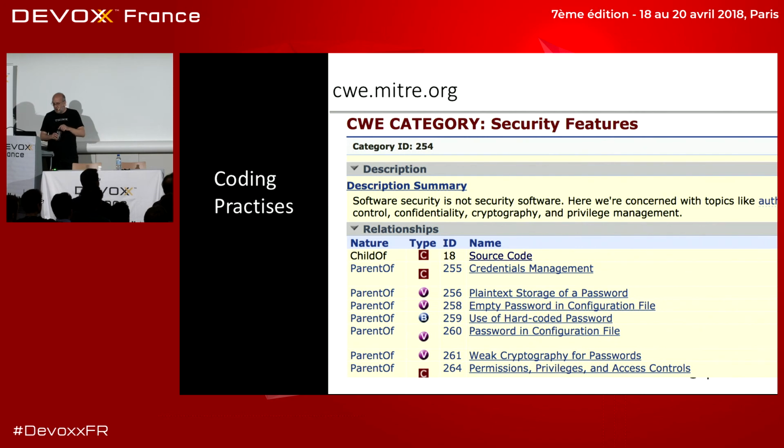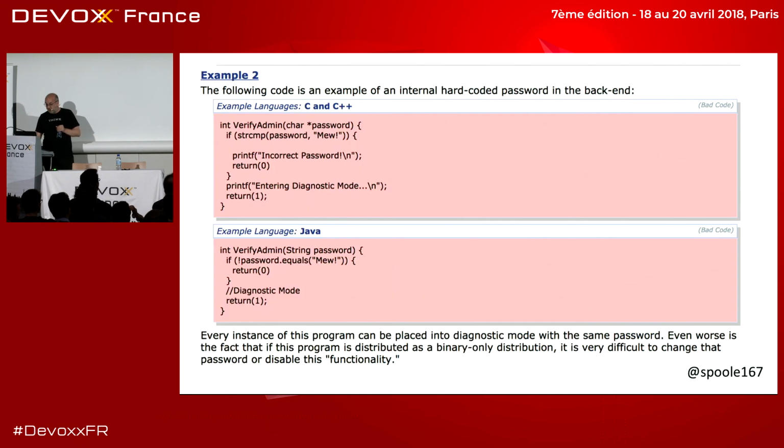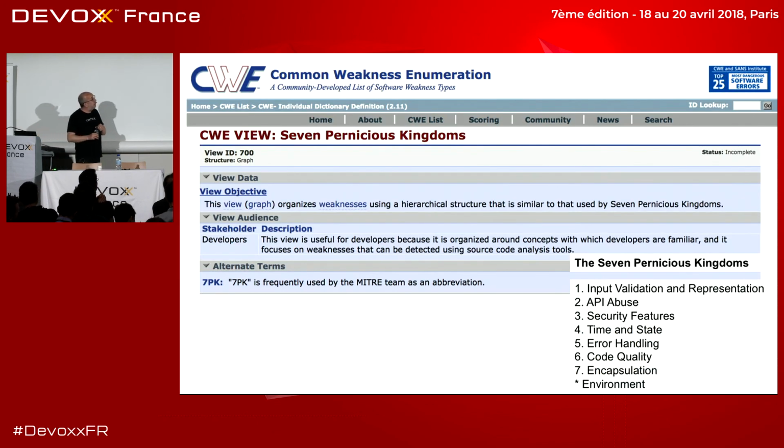Well, you can improve your coding practices. You can go read, and most of this is about reading. CWE have a whole bunch of things that you can learn, patterns and anti-patterns of how to do it and how not to do it. Some are a bit trivial, but worth stating, like don't hard code passwords. Okay. They have these things called the 7 Pernicious Kingdoms, which is a taxonomy of these problems. Go read about those. Go see what people think about the different types of problem that you're not thinking about.